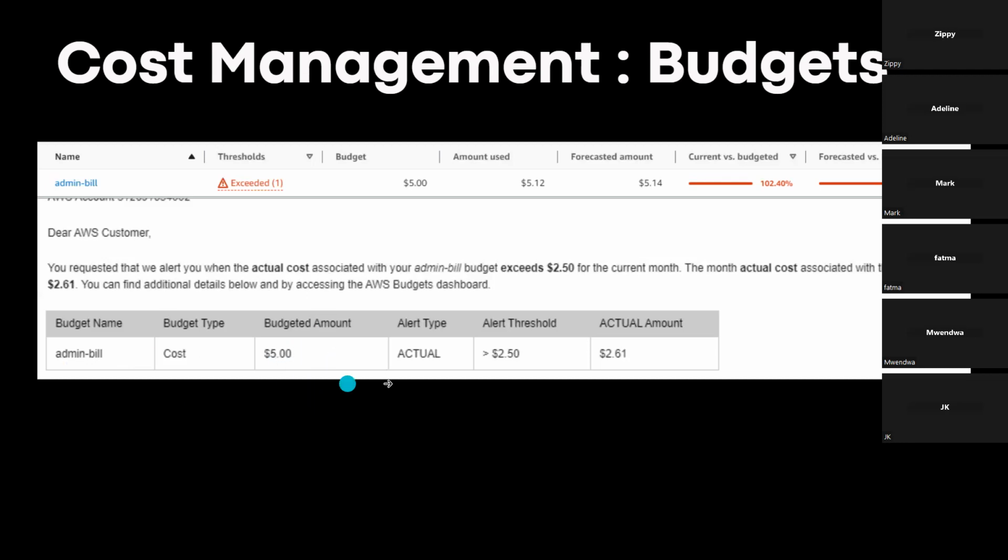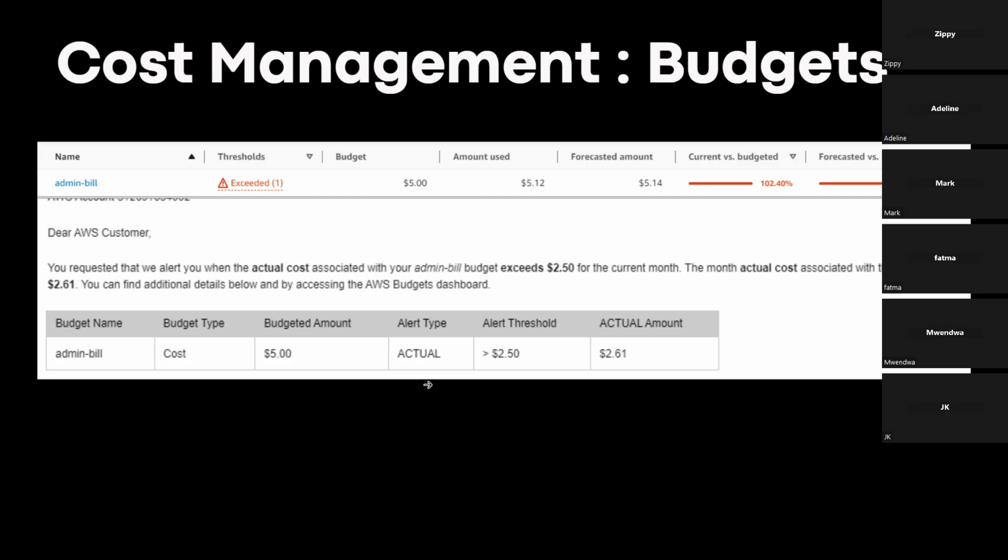Now, the alternative to that, if you want something that is more proactive than reactive, is to set up your budget to be based on a forecasted amount. How that works is that, based on your spending pattern, AWS will always calculate a forecast of your expected costs at the end of the month.